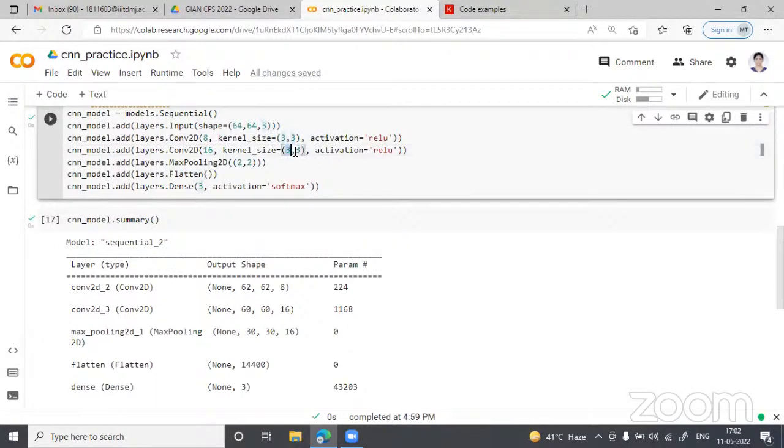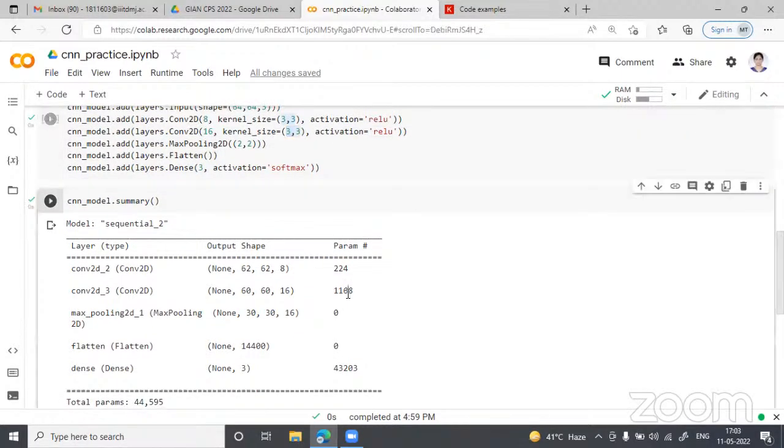So the kernel size will be 3 cross 3 cross 8, single kernel, and total kernel size will be 3 cross 3 cross 8 cross 16 plus the biases. So 3 cross 3 cross 8 cross 16 plus 16 will be the trainable parameters here in